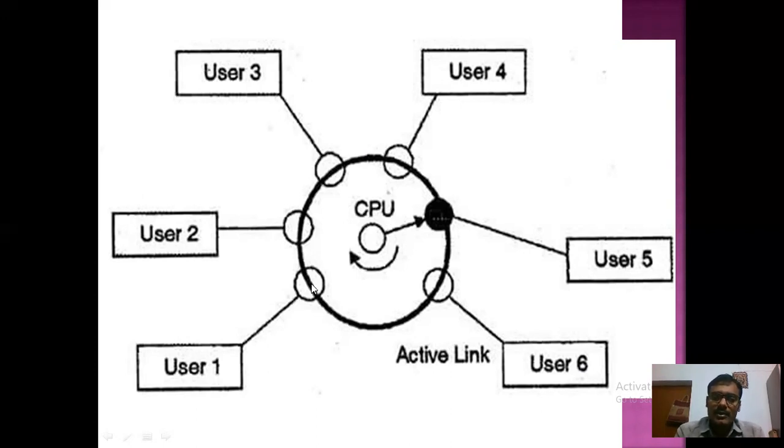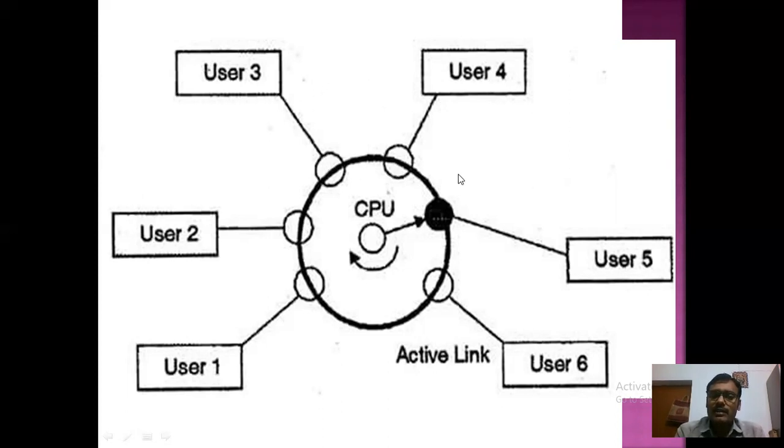and then the CPU jumps to the second task. Here the CPU also gives a fraction of a second to this task, and then jumps to user number 3, the next task. Again the CPU gives a fraction of a second to this task, and again jumps to the next task.